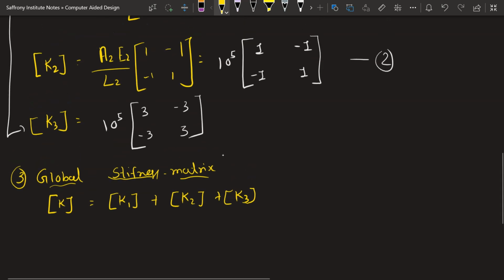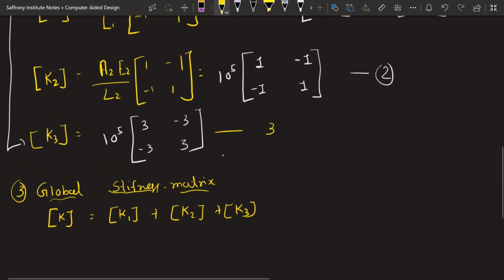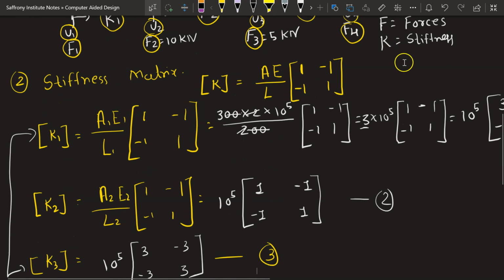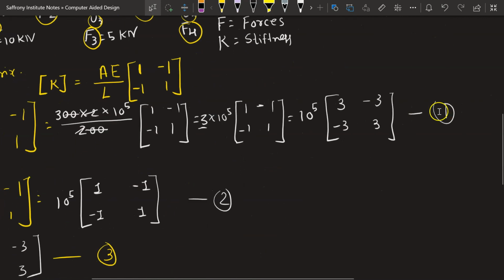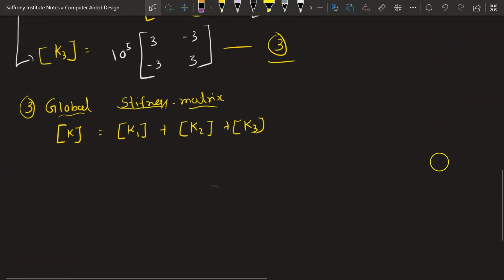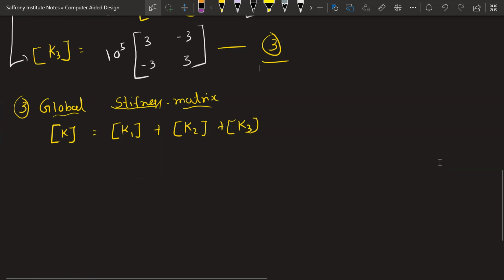So you can see that this will be the third equation. It is the summation of this one, 2 and then 3. Okay, so now let us see how it will be. It is a very simple rule. If you want to sum up all the matrices, what you need to do is put them in a diagonal manner. I will show you how to do it. So the global stiffness matrix will be